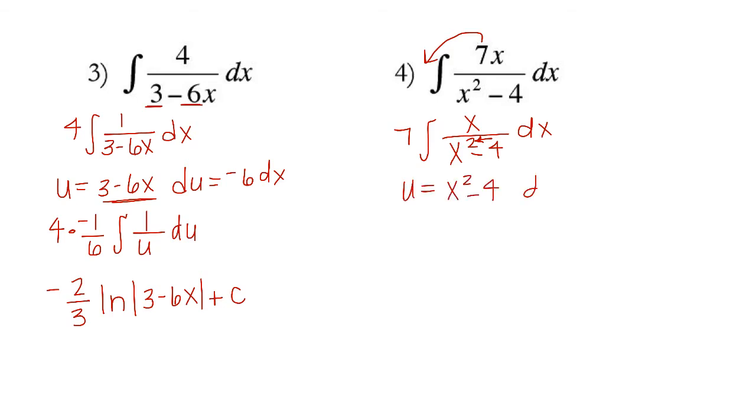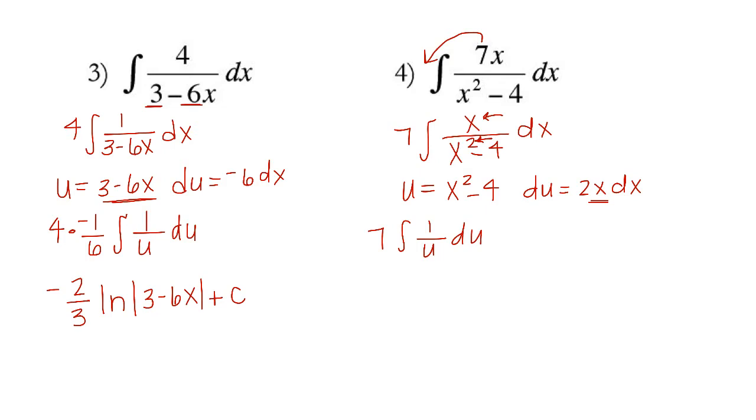And notice that du is going to be 2x dx. So this x here is found up here, so we don't have to worry about having that extra variable. So now we're going to have 7 times the integral, and we're going to have our 1 over u